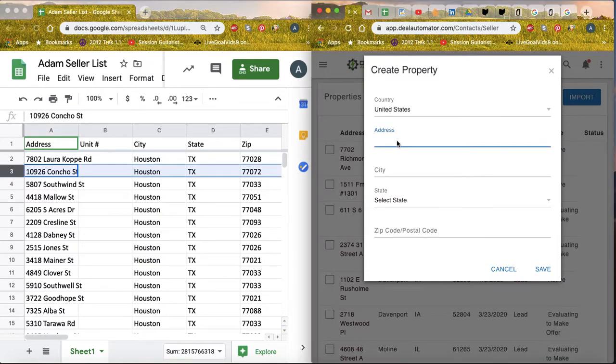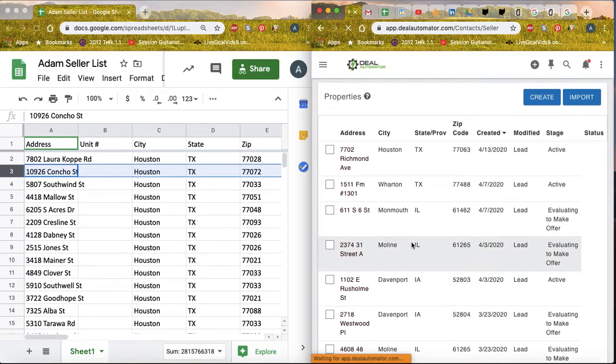Okay, so it's 10926 Concho Street in Houston, Texas. Concho Street. It's fun. Okay, so once that's created,